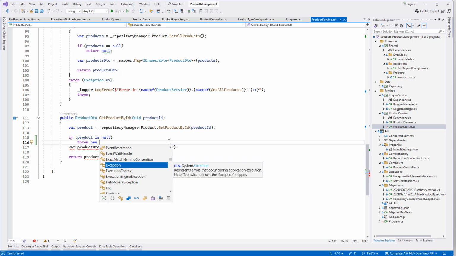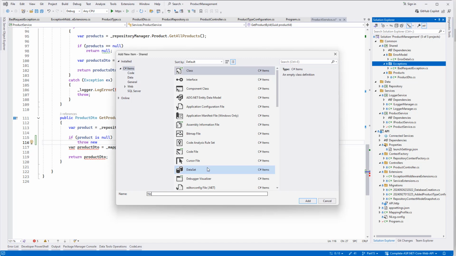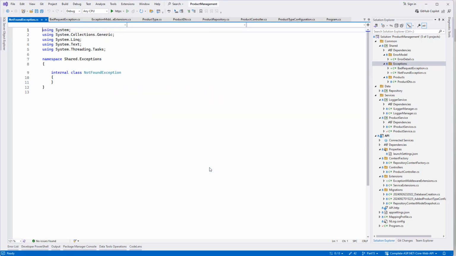So that is going to be maybe a not found exception. Okay, so let's create that exception, not found exception,